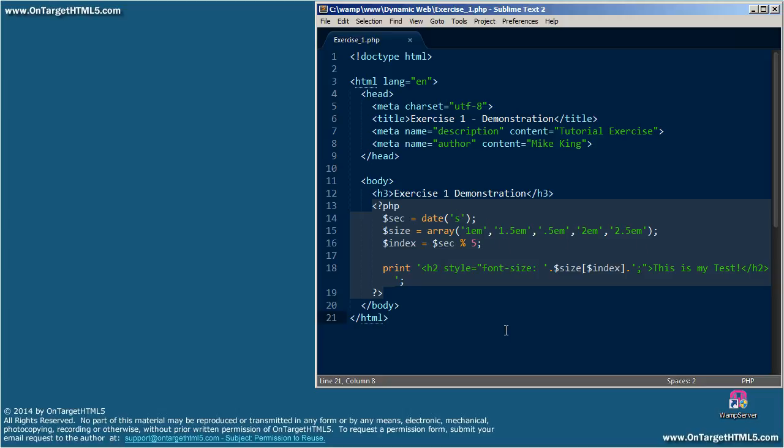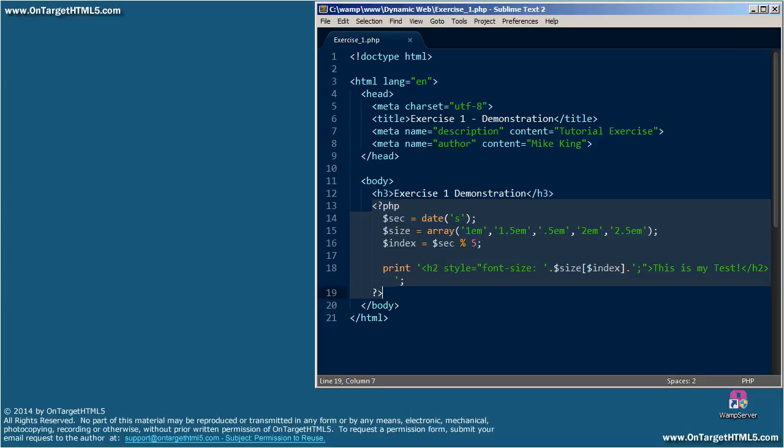And again, you don't need to understand all of this right now. You're going to learn this as you go through the exercises. But it's going to give me a pointer that's going to point to a particular position in my array, which is going to grab one of these sizes. It's going to look at the style font size that I've assigned to this print. This is my text, or my test, and it's going to assign that size to the text based on my refreshing that browser window and sending it back to the server and requesting an update from the server from this